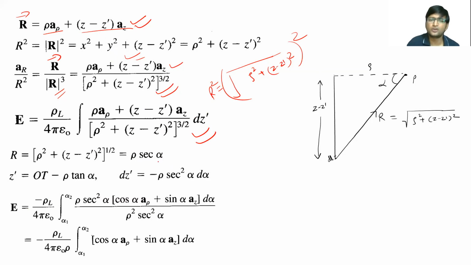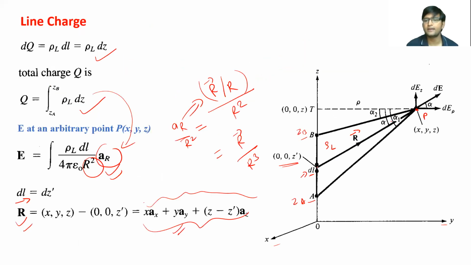Since there is a lot of rho and z and z dash, it will be more appropriate for us to convert these things in the form of angles. So what I have done is I have taken this as the reference line from this straight line z. Remember, in the cylindrical coordinates, rho was the straight length from the z-axis to the point P at which we are calculating our electric field. So from this line, this vector R line will have an angle alpha, and if you are considering this point B, this point will have an angle alpha 2 and the point A will have an angle alpha 1.